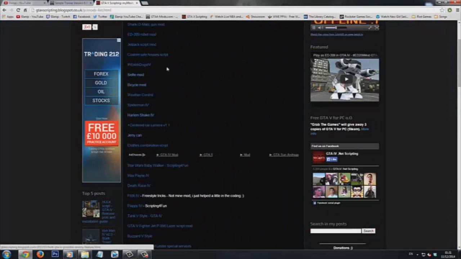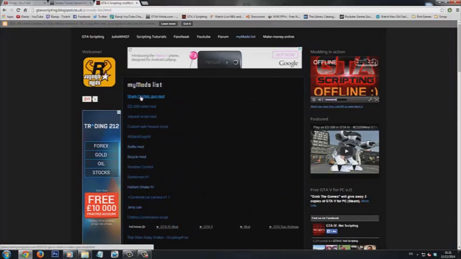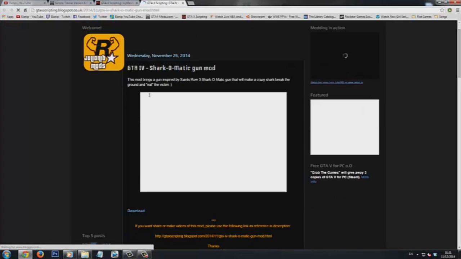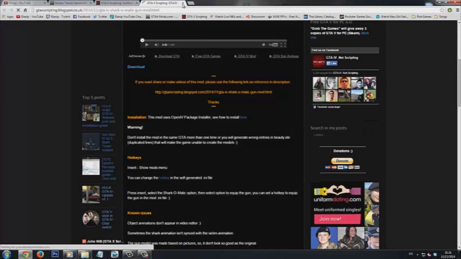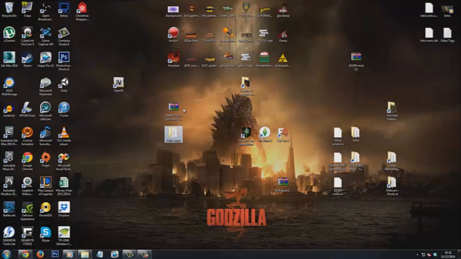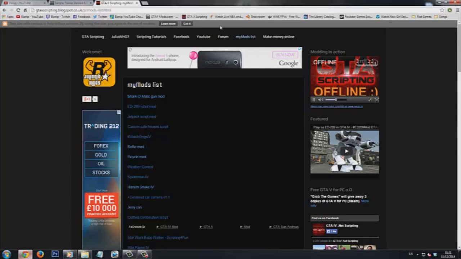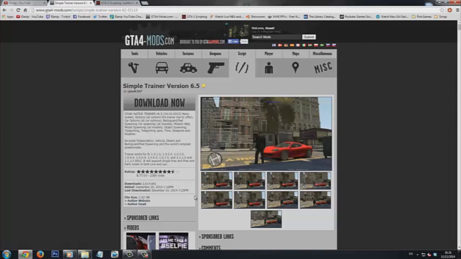The second mod I want to install is the Shark-O-Matic gun. We find it, download it, okay? So we have them. It doesn't matter where you get your mods from, because a lot of these mods end